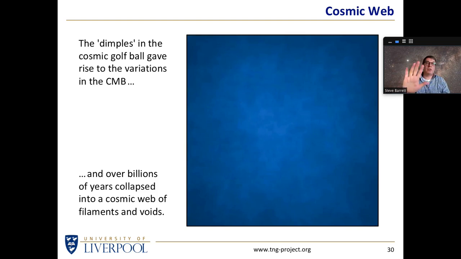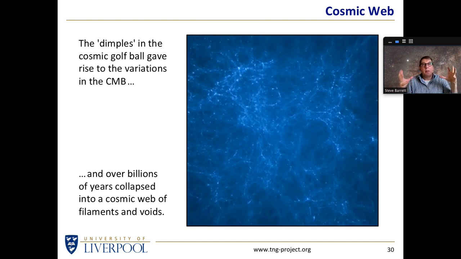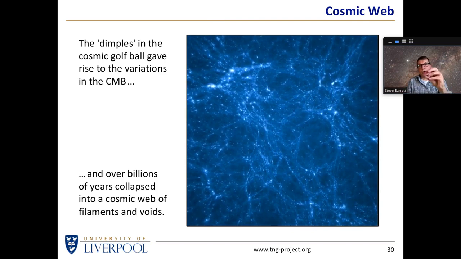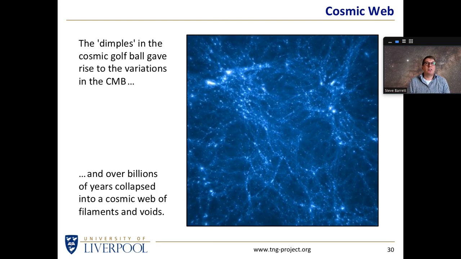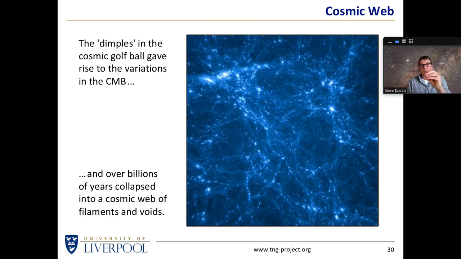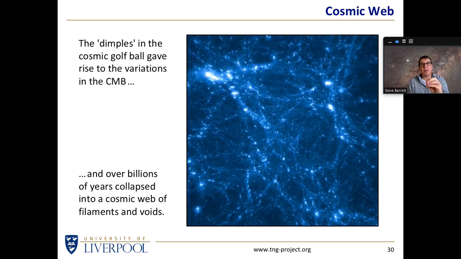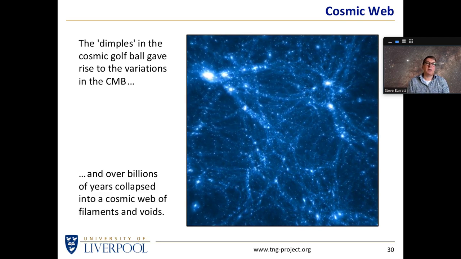In other words, if we start with a simulation here of a small part of the universe in which there are small variations in density that are seeded into the simulation, if we let gravity do its stuff, what do we find? We find gravity starts to collapse areas and it concentrates the matter into particular regions, which ultimately will become the clusters and superclusters and individual galaxies that we see today.